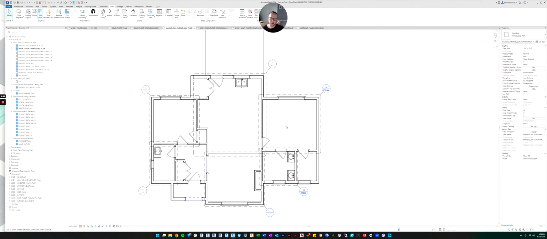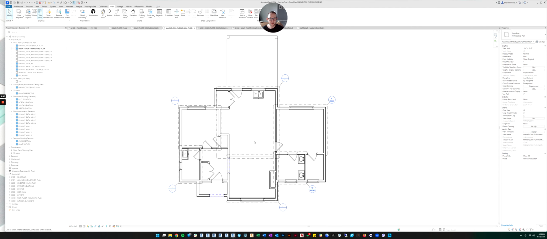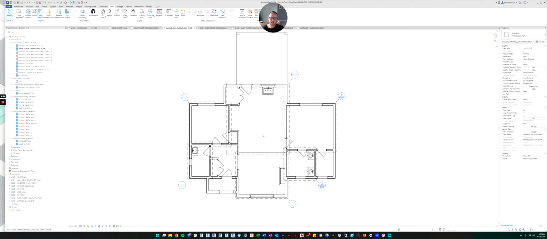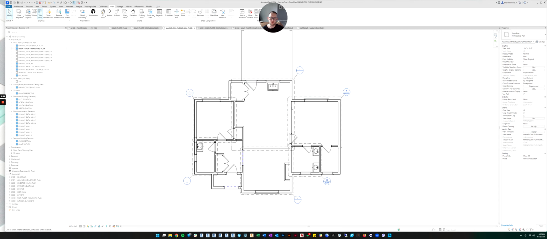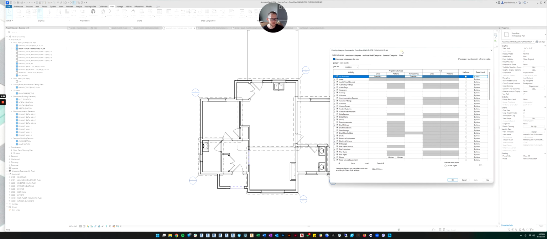The other thing I mentioned the furnishings plan should show, besides the call outs, is the floor finishes, or at least the floor pattern. The rooms should be tagged, because if we were looking at this and weren't able to see the room tags, it's confusing to know where the rooms are or what their names are. Then we should probably show the furniture as well. So let's go to visibility graphics.